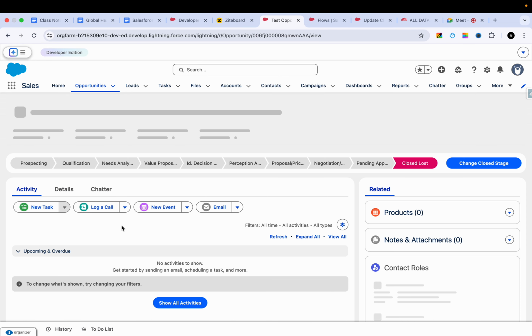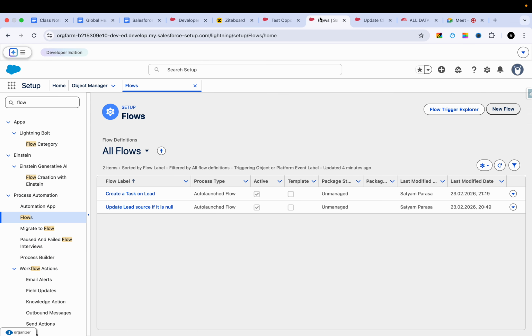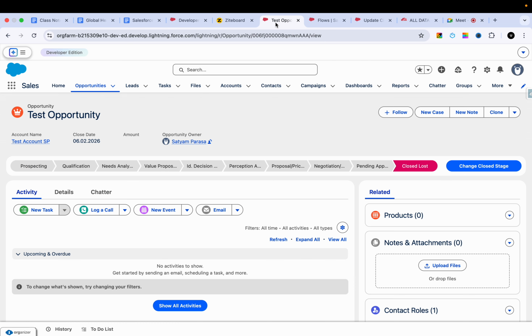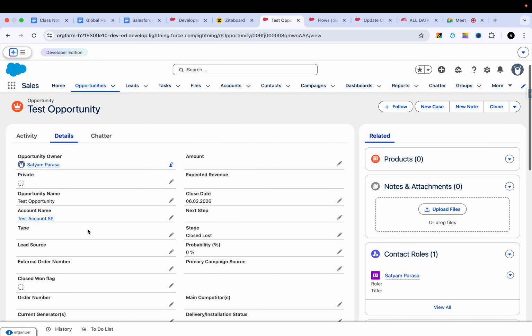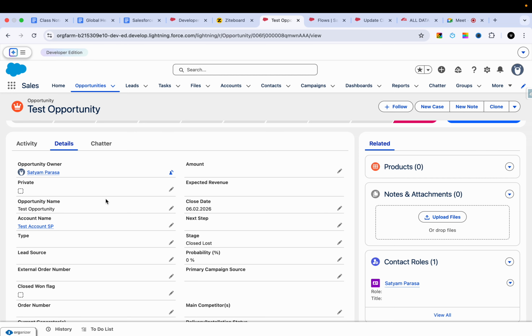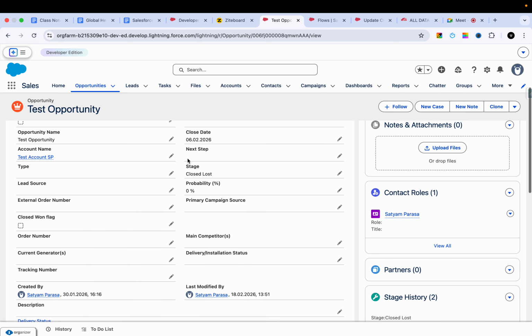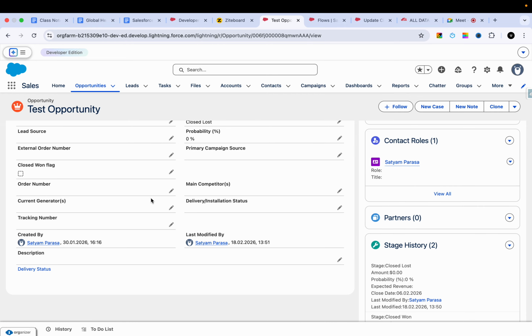Yeah, this test opportunity. So when you are making updates, you may get a question: you already updated this test opportunity in the debug mode, right? Those updates won't be reflected in the actual DB. Those updates are temporary in the debug mode. Only for our testing, those records will be updated, but the actual record won't be updated. This is the actual record. That is kind of